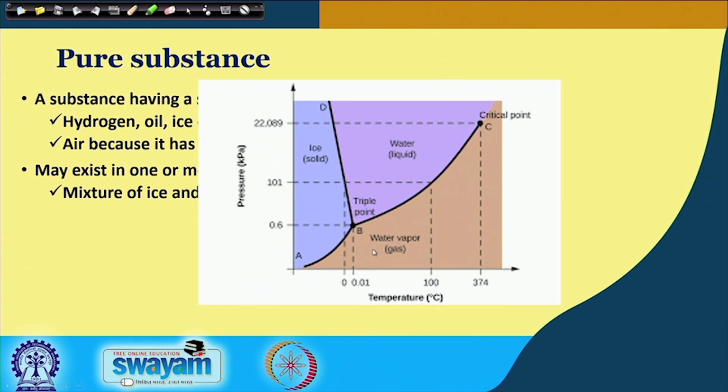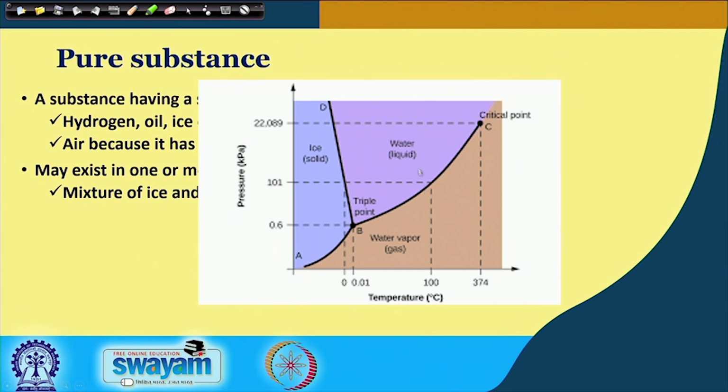On the other hand, at the higher temperature and lower pressure, we have the vapor phase. And we find there is one point B which represents the triple point, that is, all three phases coexist. And there is another point, the critical point. We find that above this point there is no demarcation between the liquid and the vapor phase, and the rest of these lines are showing the various types of phase transition